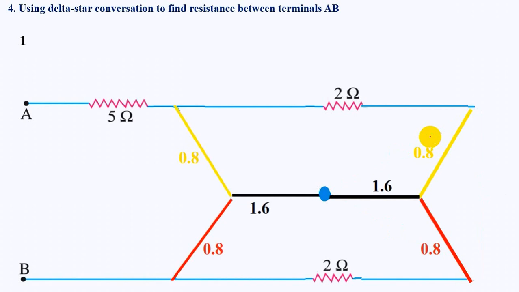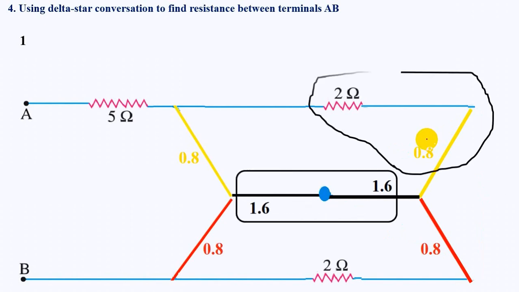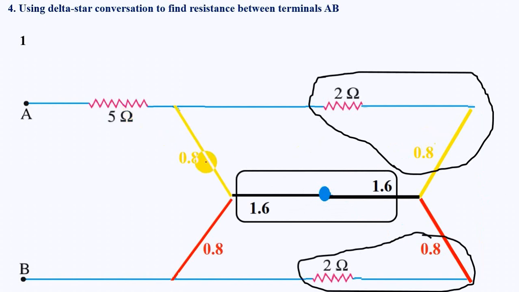Analyze for any elements in series, correct. So these two elements are in series, these two elements are in series, and these two elements are in series, right? 5 and 0.8 are not in series. I know some of you might still be saying, sir, I think 5 and 0.8 are in series. No, they are not. Why? Because of this diverting point, right? You can see here 2 and 0.8, there's no diverting point between them, nothing is coming up between them, but for this one a branch is coming in between them, and thus these two are not in series.